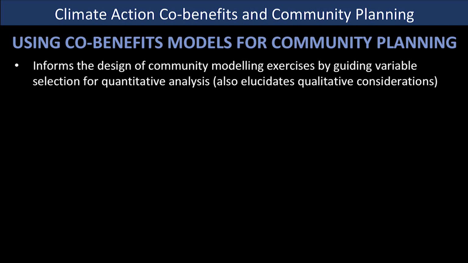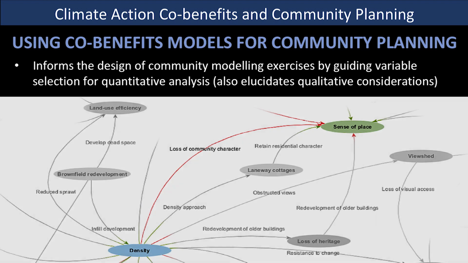But in some cases, too, you might also find that not all of these variables and factors are quantitative. So in terms of sense of place, it's hard to measure that. So you can say that, okay, in this particular scenario, we do reduce greenhouse gas emissions. We've got decent walkability, but hey, this is a qualitative consideration.